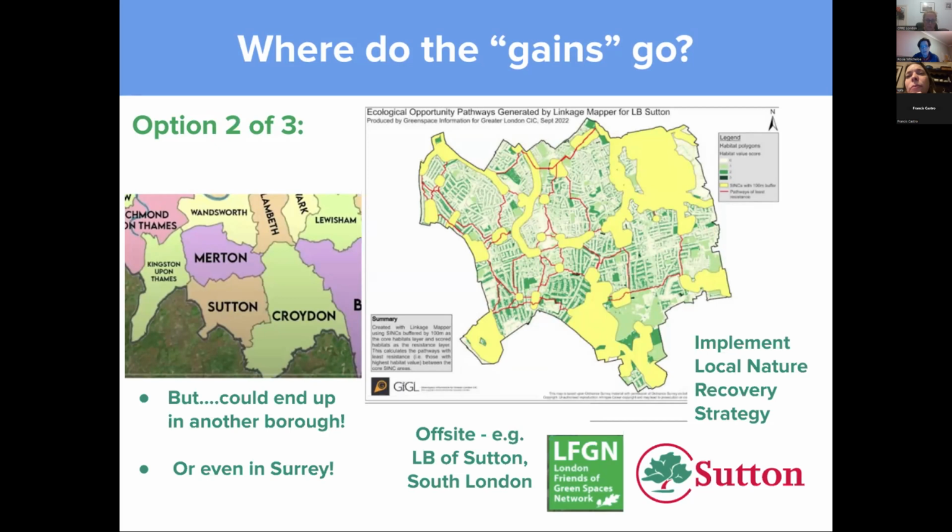So in the context of Sutton, for us, that would be ideally in the borough, and it could actually be quite close or quite far from that site, which has the loss, which is where I think there could be some potential complications, because obviously from a community point of view, you really want it to be very close to where the loss is, because otherwise you're losing out. But there are some benefits for putting it further away, which is what the map on the right shows, which